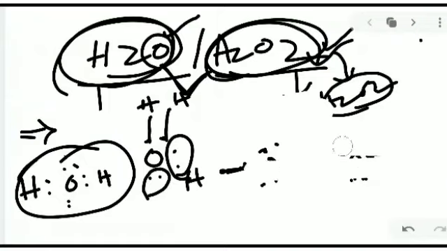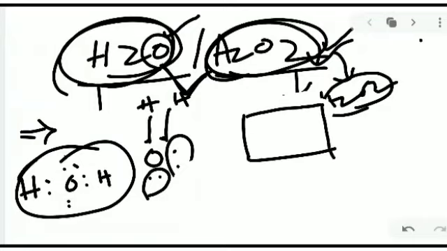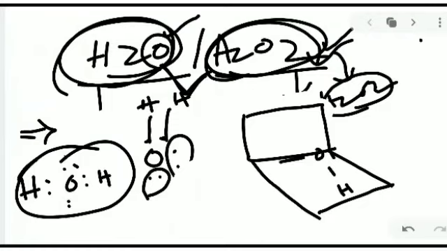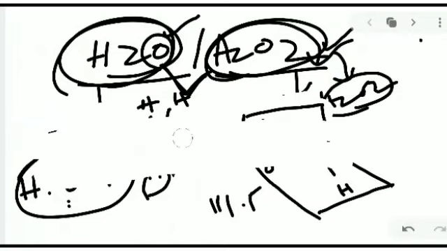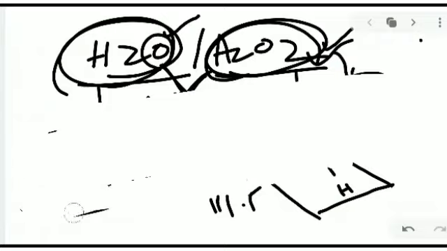Look at this, I will draw it. A book-like structure: here one oxygen with a hydrogen, and here one oxygen with a hydrogen. This is the structure of the H2O2 molecule, in book form. The bond angle is nearly 111.5 degrees. This is the H2O2 molecular structure and how its formation takes place. So this is the formation of H2O and H2O2.